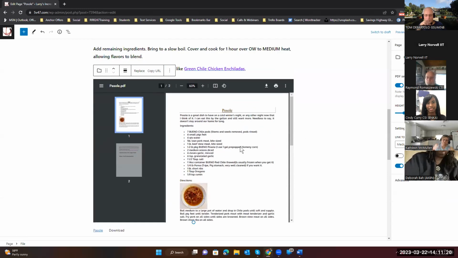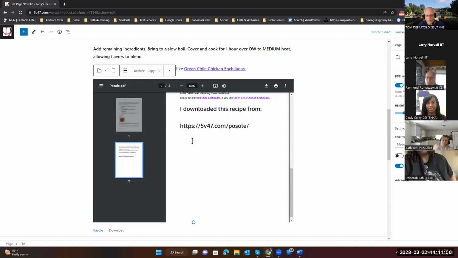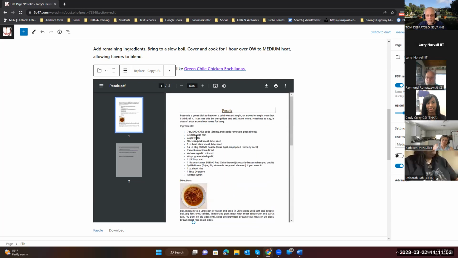Okay, so there's my PDF. Well, I really don't want this nice big picture of the recipe. So what you do is click on it, and over here to the right, you have your settings. You can actually leave this here, but I wouldn't suggest leaving that big recipe on your page. So over here you have the settings, and what I want to do is turn off the show inline